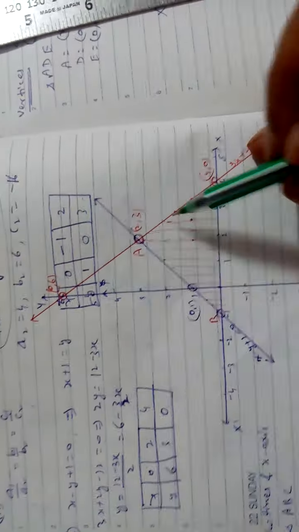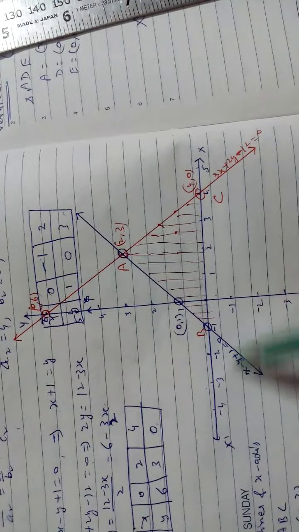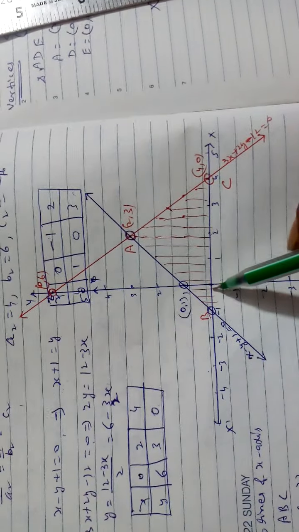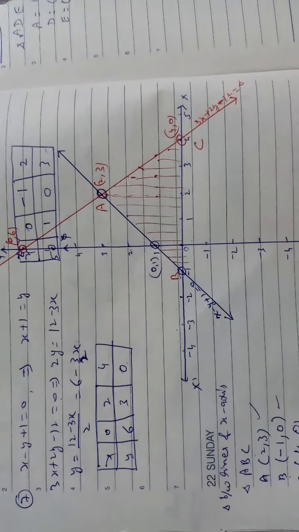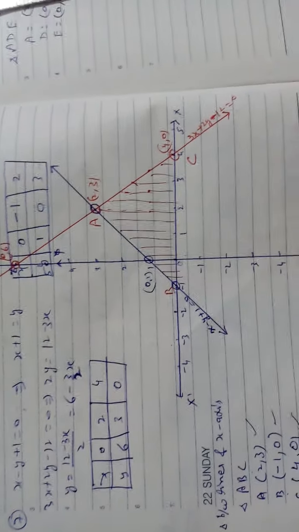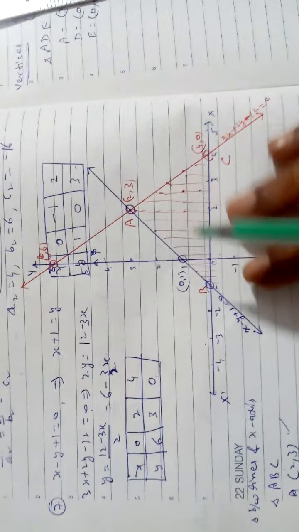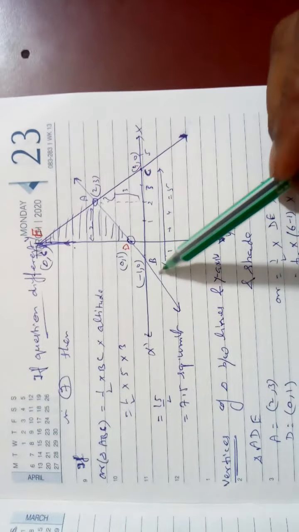But the question is not this. Your question is to determine the triangle formed between the two lines and the x-axis. So from here till here, A, B and C, not here, origin is not the problem. A coordinate is 2, 3, B coordinate is minus 1, 0 and C coordinate is 4, 0. And I have said it like this. If the question was an additional question, maybe another, you see, the same figure I have drawn on the next page. In the figure, triangle ABC is the triangle.